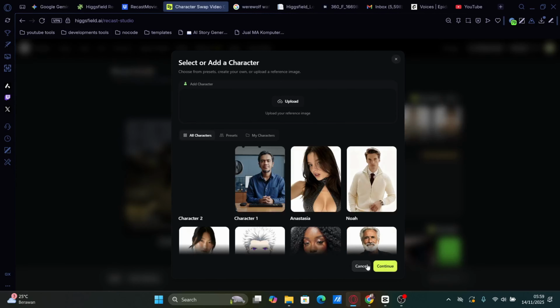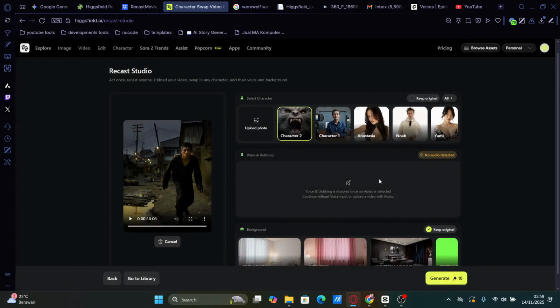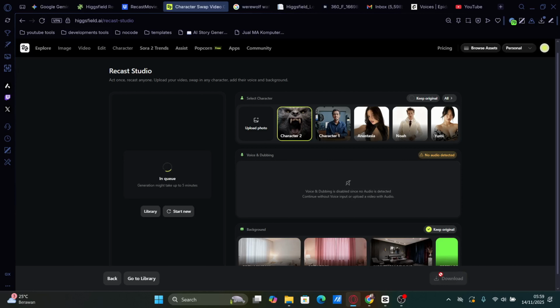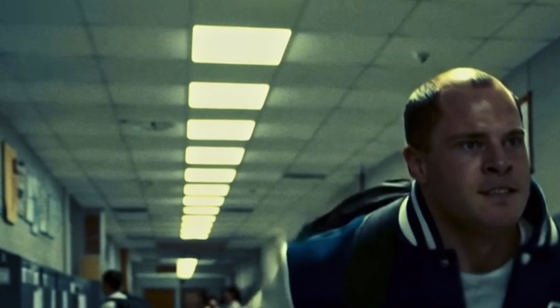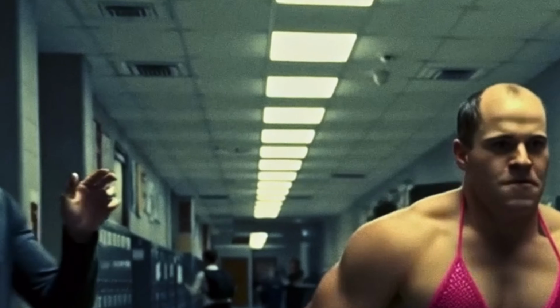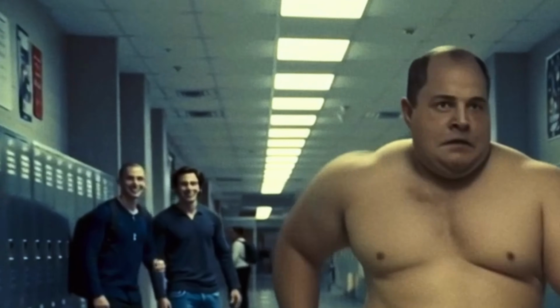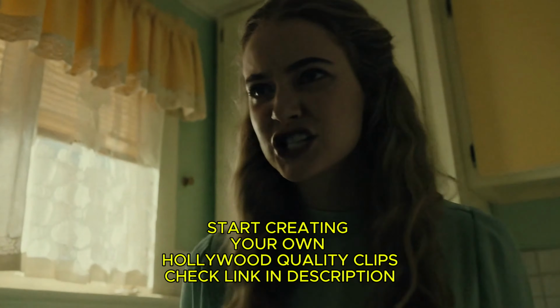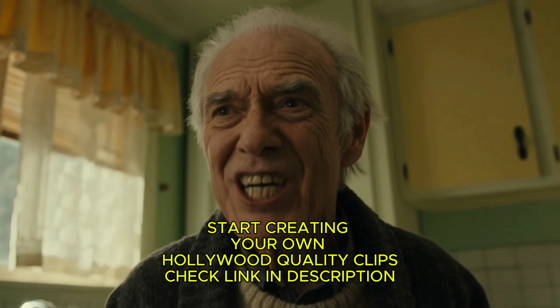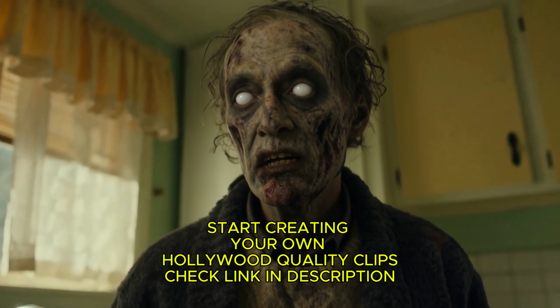With Higgsfield Recast, you can create Hollywood-quality clips with only a few clicks. Keep gestures and hands stable. Motion-true physics that survive fast moves, poses, and transitions. Clone any voice, or auto-dub to 6 languages with lip sync for instant global reach. Swap into 30-plus characters, male, female, anime, cartoon, creatures, full performer replacement in a click. Change locations instantly, with preset backgrounds for premium looks without travel or set builds.